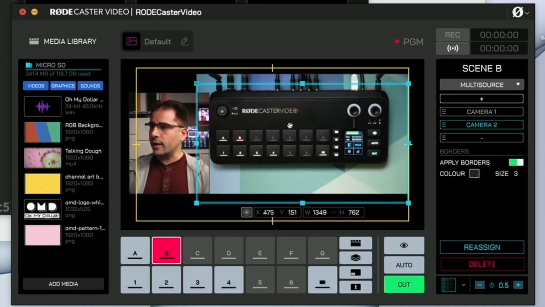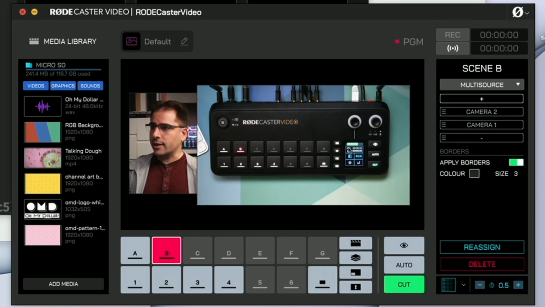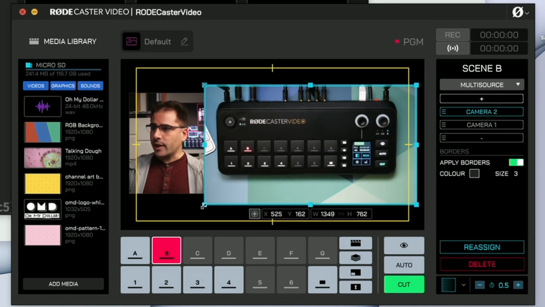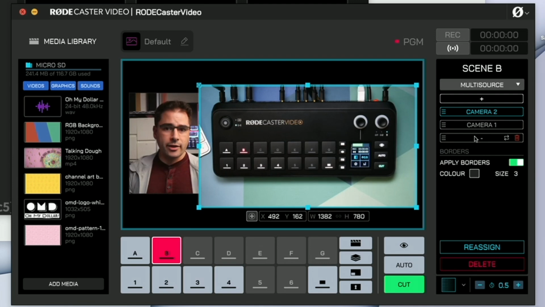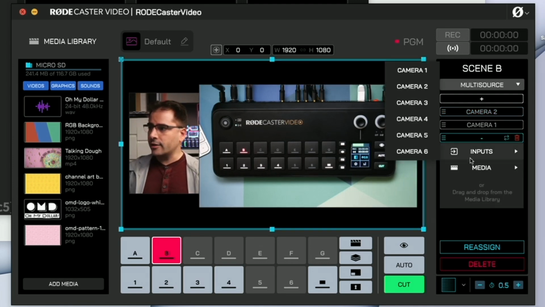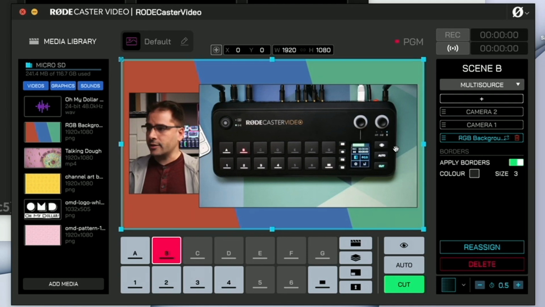more space as well. You can see that they're layering, so if I wanted that on top, I could do like that instead. And once I get this about where I want, I can also then even add a background image. So I've got an extra layer here down for the background, and I can go ahead and choose one of the images that I've already loaded into the RØDECaster. And now I've got my nice side-by-side where you can see my face larger and the top-down camera is even